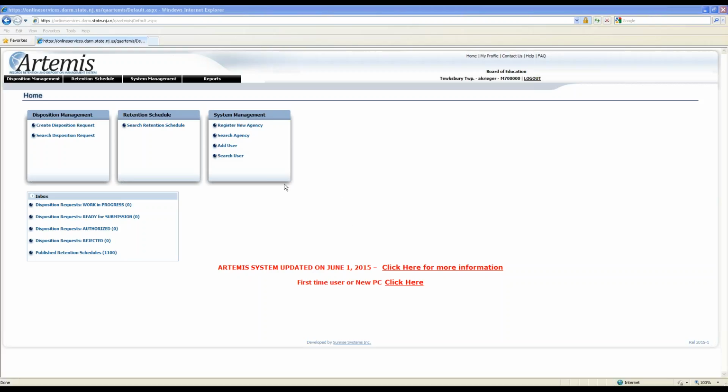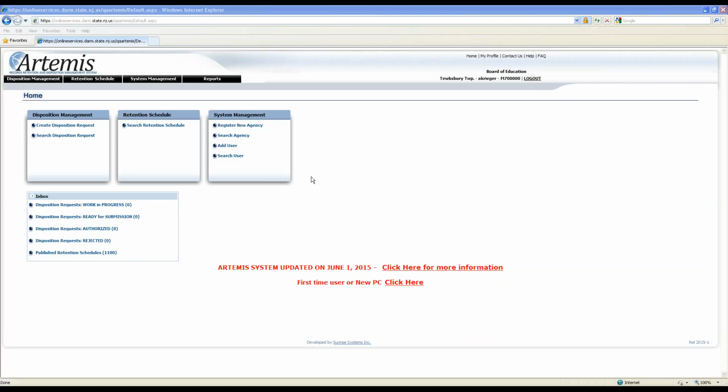Mindy asked, are digital signatures allowed? At this point in time, no. You still have to put wet signatures on the disposition request. However, we are working on a change to the system that will be available later this year or early part of next year to do this whole process 100% paperless with electronic signatures.